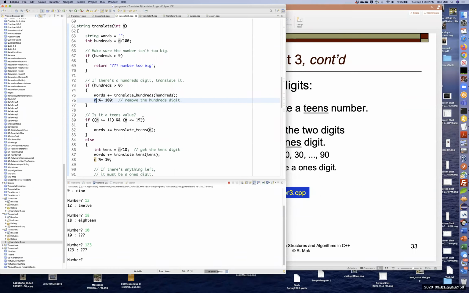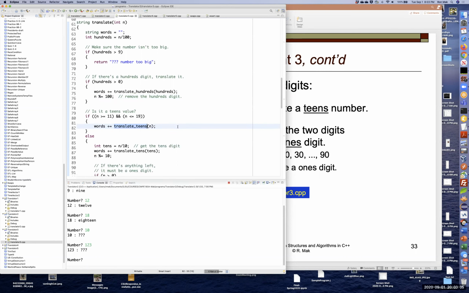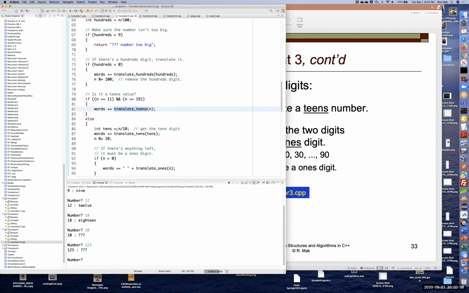And if so, we certainly know how to translate teens. Otherwise, we take the 2-digit number and get the leading digit, the tens digit. Same trick we did up above. We divide by 10. So if the last 2 digits were 45 and we divide by 10, we'll get 4,